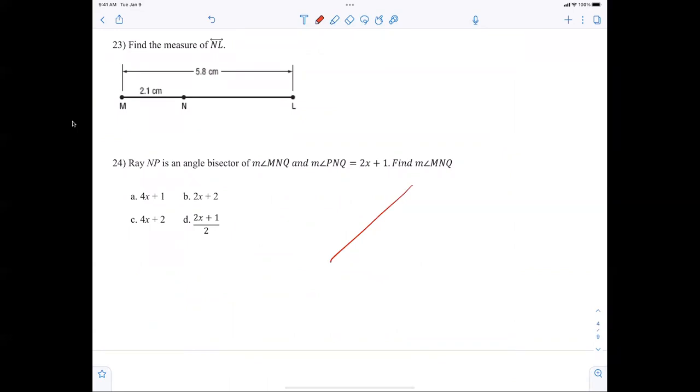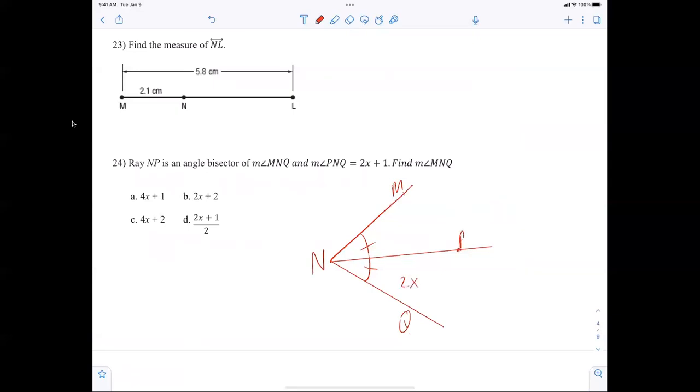MNQ and NP bisects. So now I want you to draw and say those two are equal. PNQ is